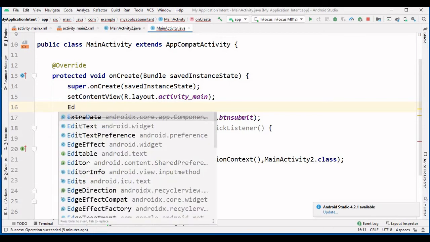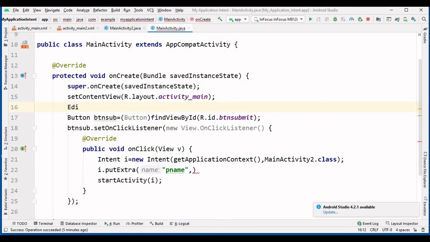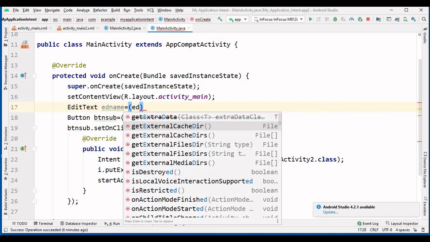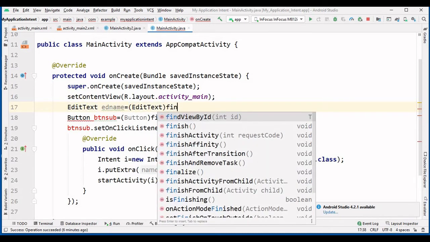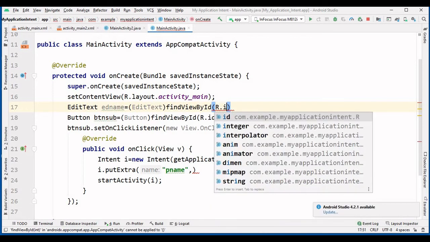So create the object, or you can say variable, of edit text. I will say that edit text. Here you can give any name for your edit text. I will say suppose ed name. After that, again write down the edit text. E must be capital. And after that, using this find view by id, I can link my text box.